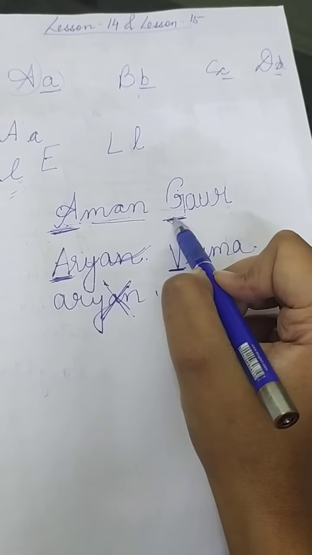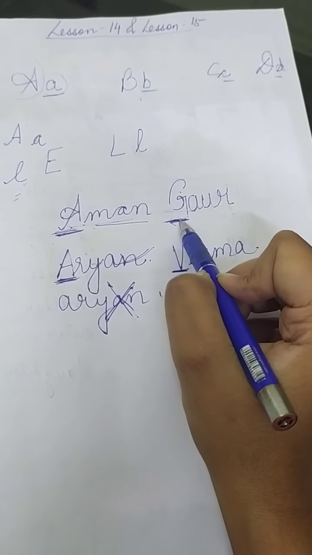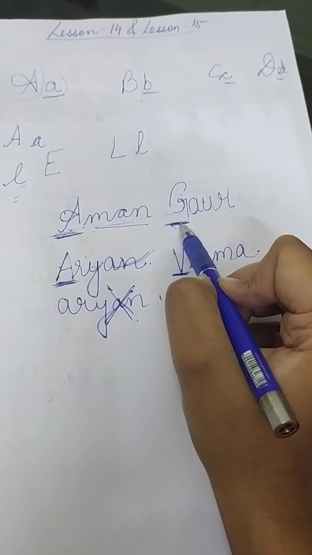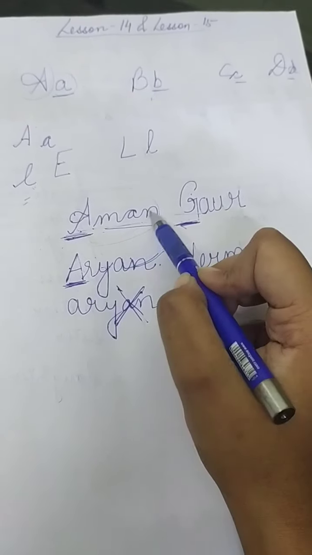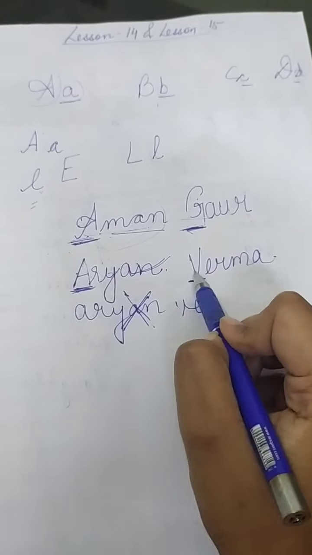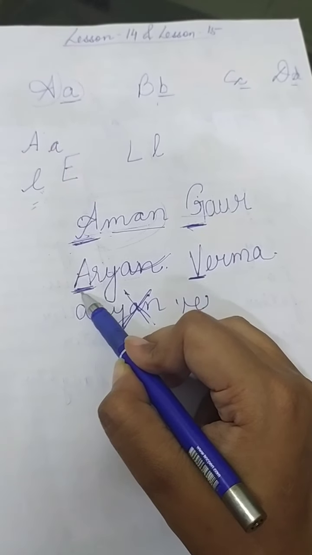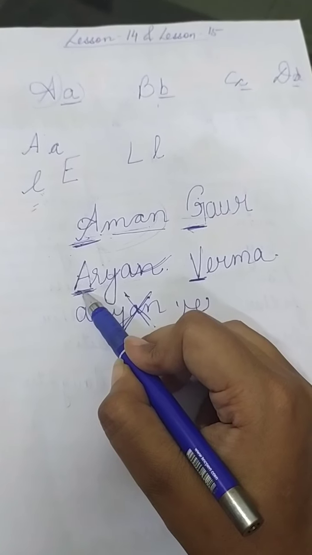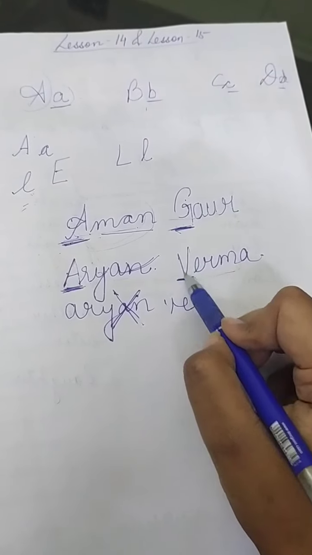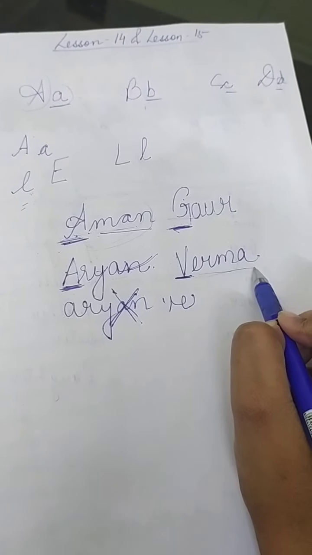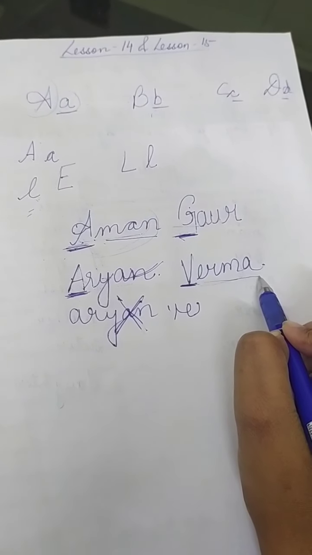Similarly, when I am writing the surname, the surname also I am writing with a capital letter. See, I have started with a capital letter. So, whenever we write someone's name, we always start with a capital letter. See another example, Aryan Verma. Aryan Verma. See, I am starting again with a capital letter. See, the rest is small and A is capital. Similarly, we are writing the surname. In the surname, V is a capital letter and the rest is in small letters. Yes? We always write someone's name with a capital letter.